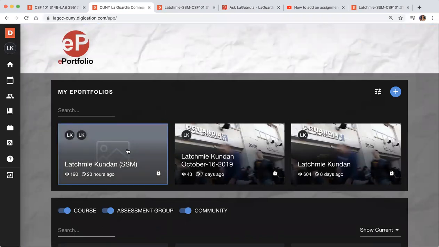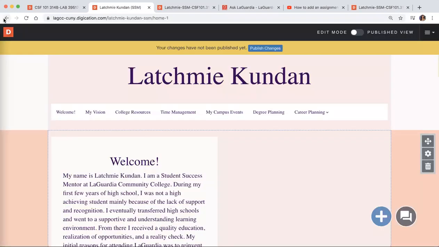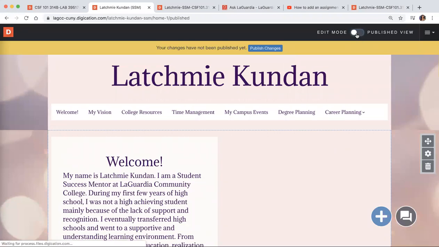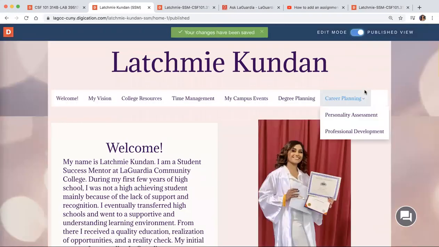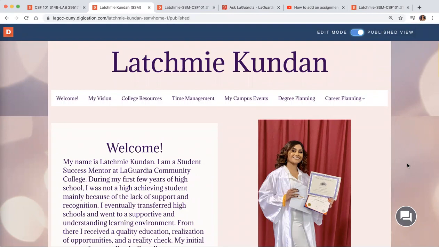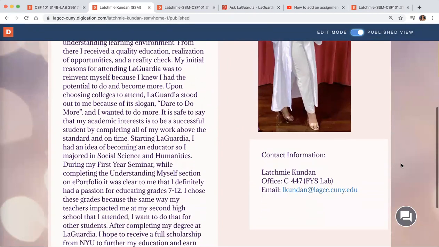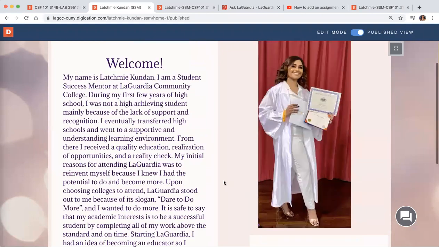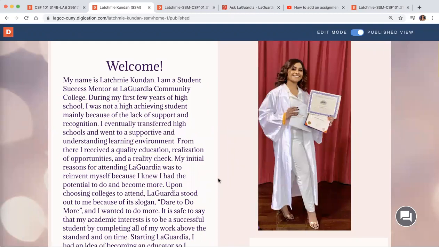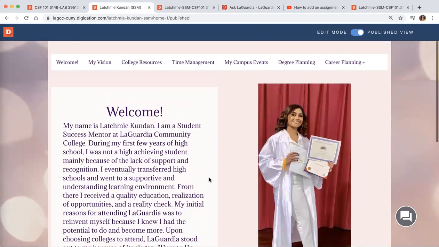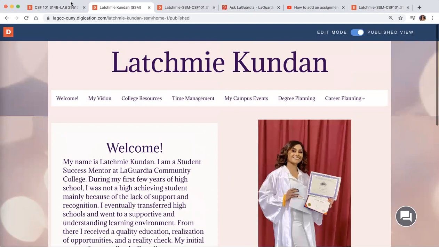So this is my About Me for an SSM position. I have a nice color scheme going on. I have my picture, and this is my little welcoming page. I have my contact information here, which you also have. So put your name, if you have an office, and your email, things like that. And I also told some stuff about myself, about LaGuardia, but I actually want to show you